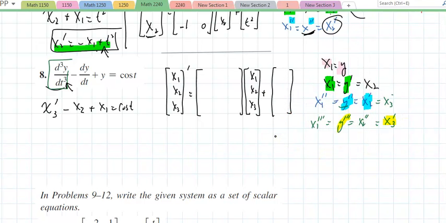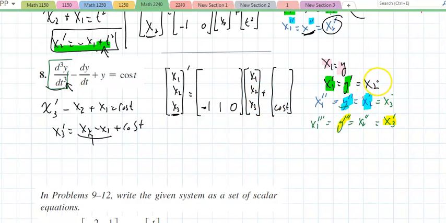So if I start glancing at this, the bottom is the easiest. The bottom one, x sub 3 prime, is actually x sub 2 minus x sub 1 plus cosine of t. Cosine of t is right there. I got it. And if I want to get negative x sub 1, shouldn't I put a negative 1 there? And a positive x sub 2, should I put a 1 there? And no x sub 3. I got it. Now if I go to the actual coefficients, and that's pretty much how it works, I want x sub 2,